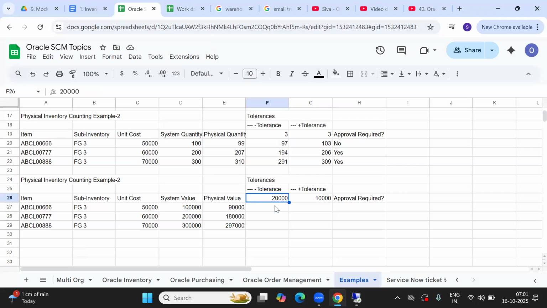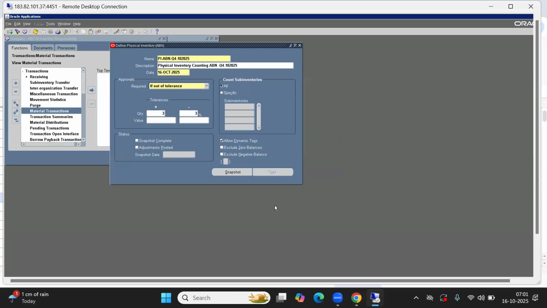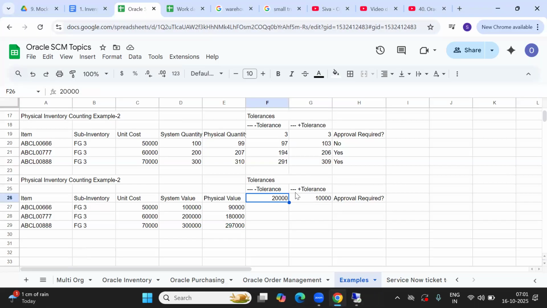So here, if you go with that percentage, the value we can give is bulk value. Now we have to go for calculating system quantity. If you remove 20,000 from 1 lakh, it will be 80,000. You just need to remove that negative value. That's it. 80,000, and this 1,80,000, right?